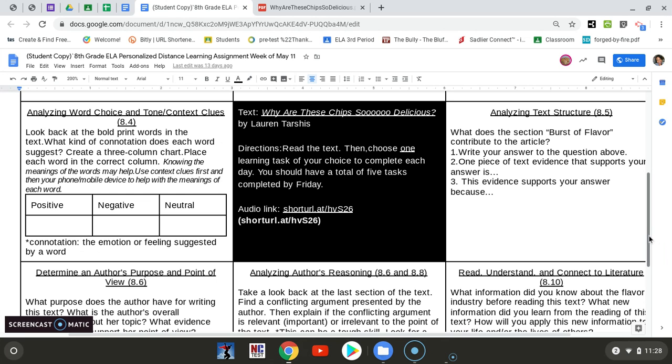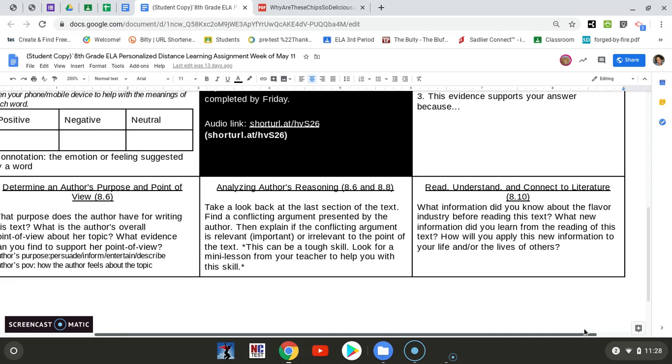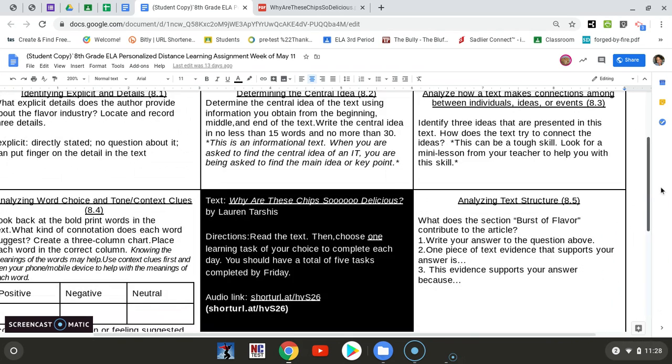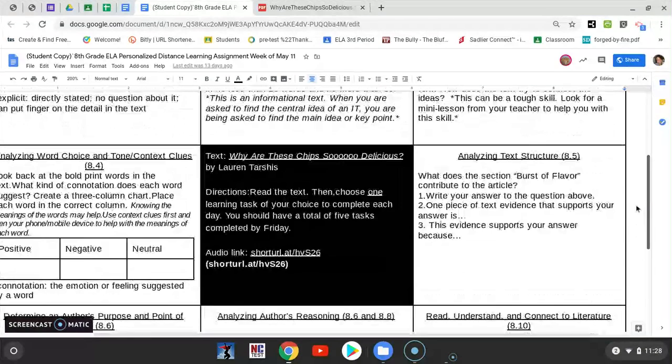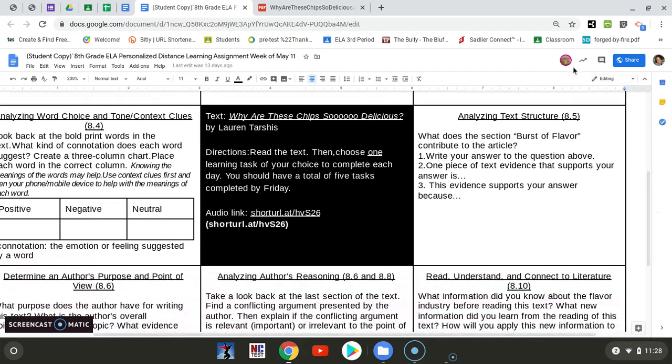I want to say that is probably the only thing that I wanted to explain to you. Yeah, I think that's about it. I feel like you all should be able to get the rest of these with no problem. However, if you do find yourself running into some trouble, feel free to email myself, Ms. Stoles, or Ms. Alexander. We should all be able to support you in some form or fashion with the text this week.